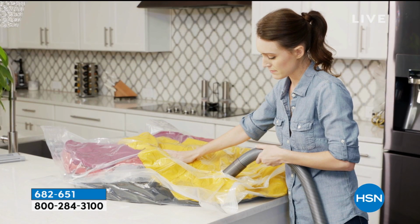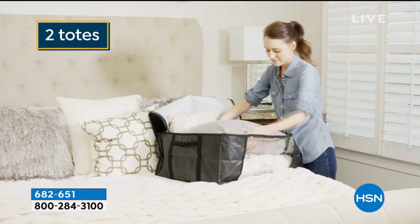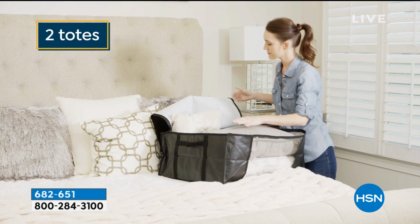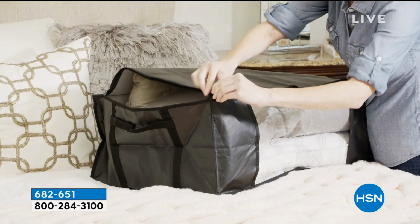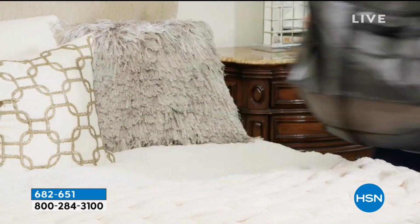A box is the worst place to put your clothes. It's not going to protect it from moisture. You're going to get little insects, little weevils, things like that that'll eat your wool sweaters and all that stuff. If you have stuff that's valuable, whatever kind of coat you have, if it has value and you want to save it, it could be something like,